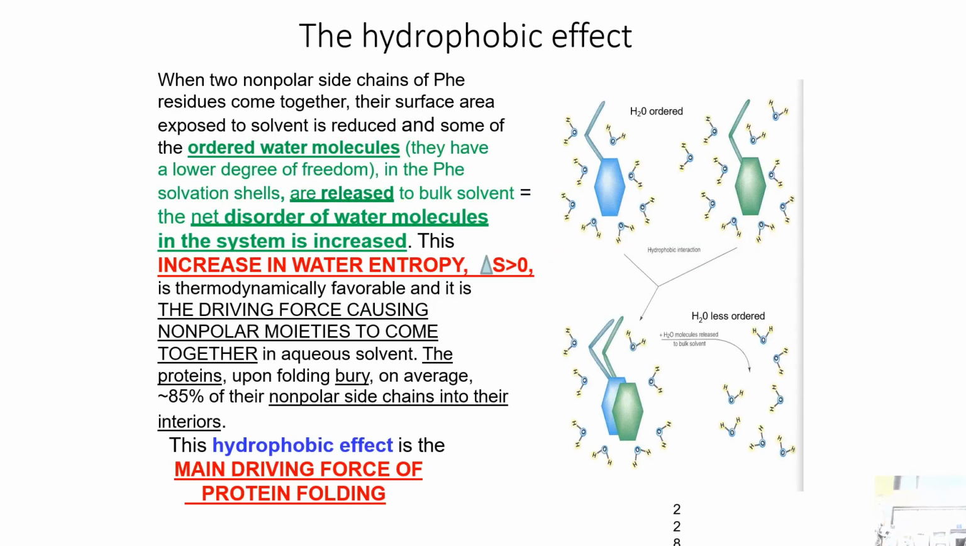Now, if we talk about the hydrophobic effect, where two nonpolar side chains of phenylalanine residues come together, their surface area exposed to the solvent is reduced, and some of the ordered water molecules, which have a lower degree of freedom in the phenylalanine solvation shells, are released to bulk solvent. The net disorder of the water molecules in the system is increased. So this increase in water entropy,